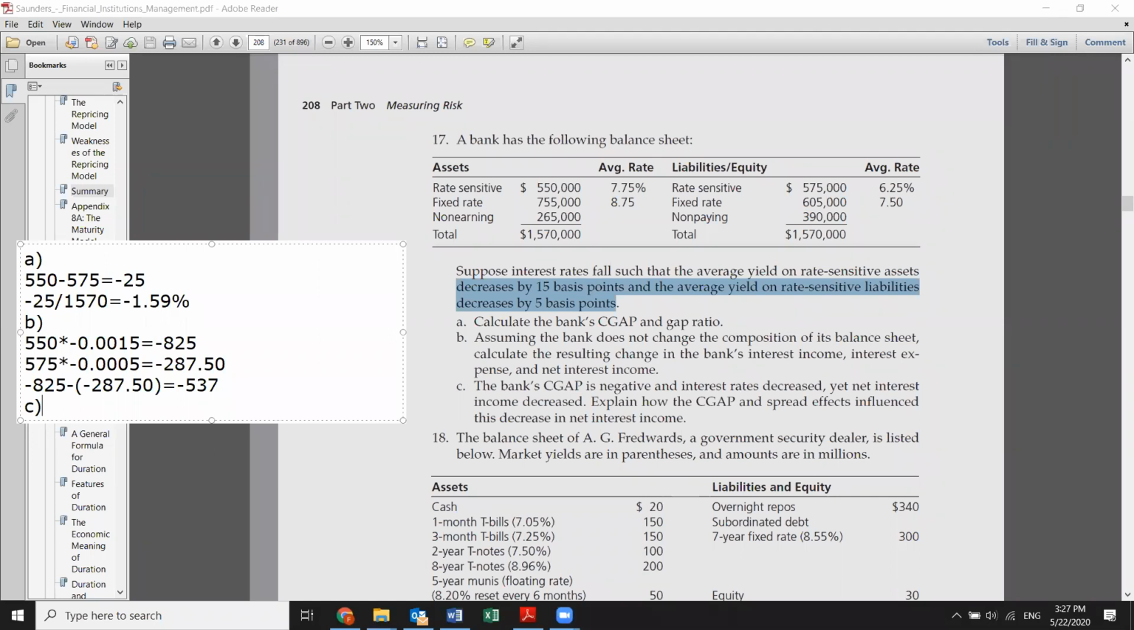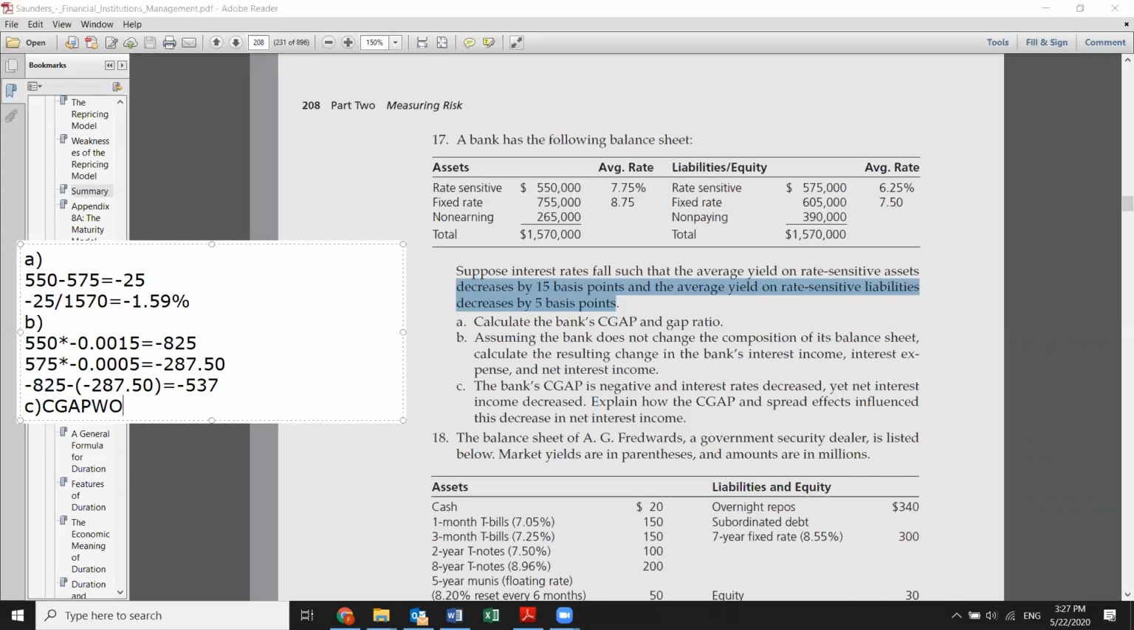Okay, if you compare with the previous case, as you can see, the spread effect dominates the cumulative gap effect. Because of the spread, we can see in the condition of the question itself that 15 basis points on the asset side will be deteriorated, and only 5 basis points will be deteriorated on the liability side. So cumulative gap